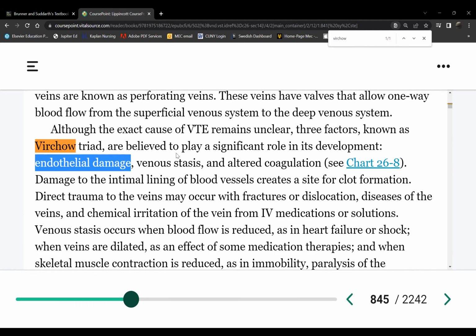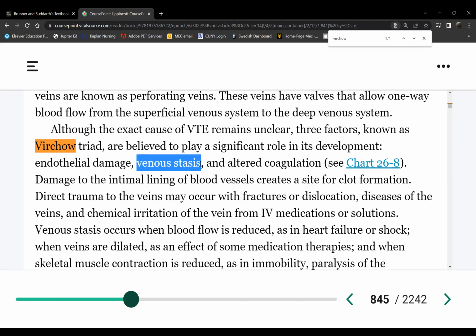So when do our blood vessels get injured? When we sustain what? Is it just trauma? What about surgery? Okay, so when you have surgery, what about when you are menstruating, giving birth? All right, so those are all traumatic conditions, correct? So any injury to a blood vessel causes us to form clots. So that's what we're referring to as endothelial damage. Venous stasis, so what conditions would cause blood to be stuck somewhere, not move, or move very slowly?